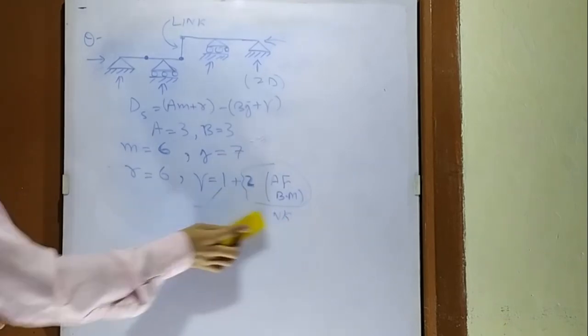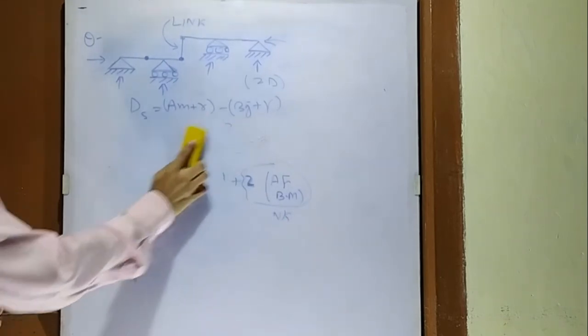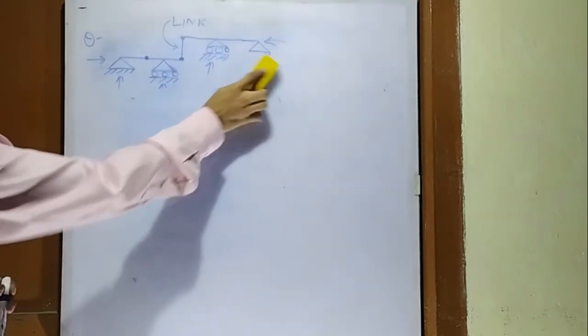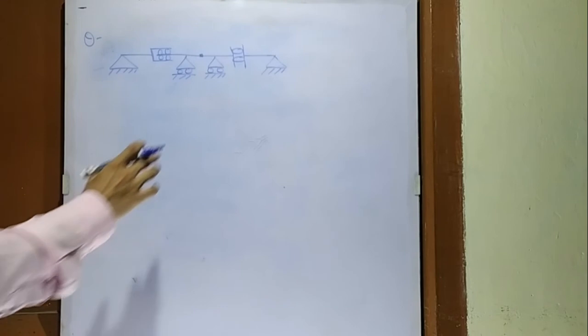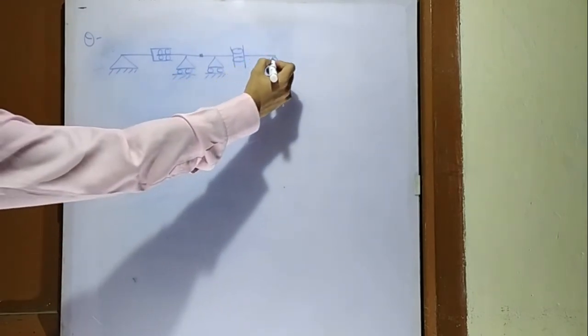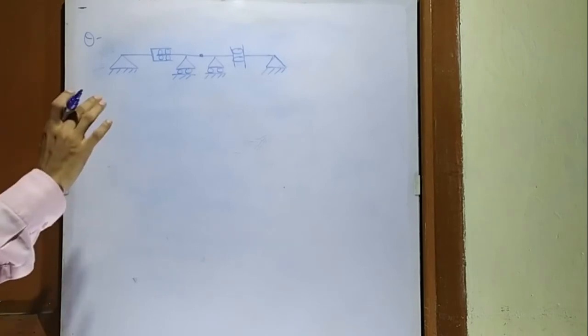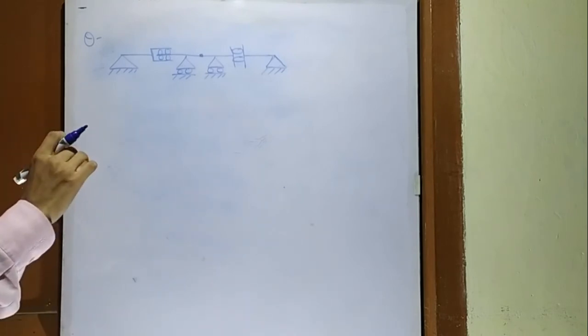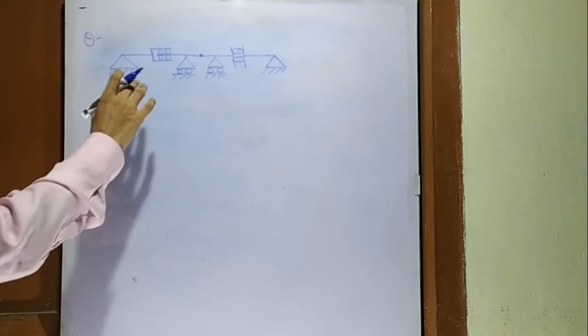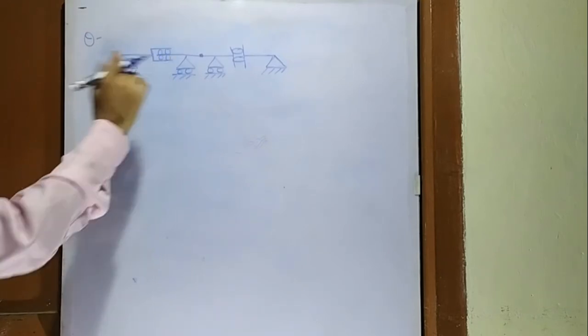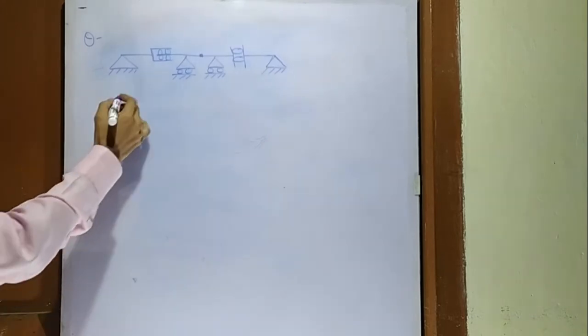Okay, now we will take another example in which we will have some hybrid joint. Okay, so let us solve this example. Now this example seems to be very complicated, but it is not. It is a very simple example. You just need to understand the basics of how to solve problems in which we have this type of hybrid joints.